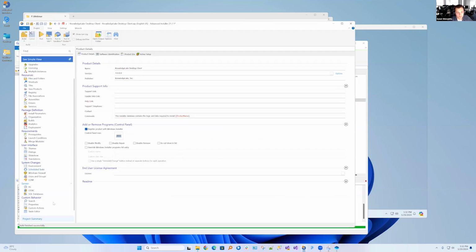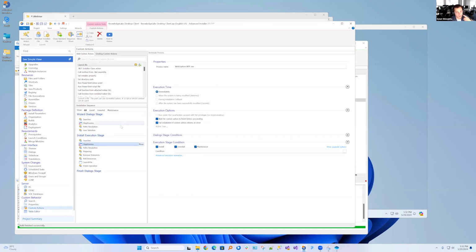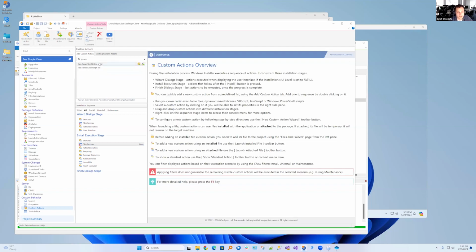We will have to create a custom action. In this custom action, we need to detect if there is any previous version installed. Remember that in Advanced Installer, you can choose from the existing custom actions, and